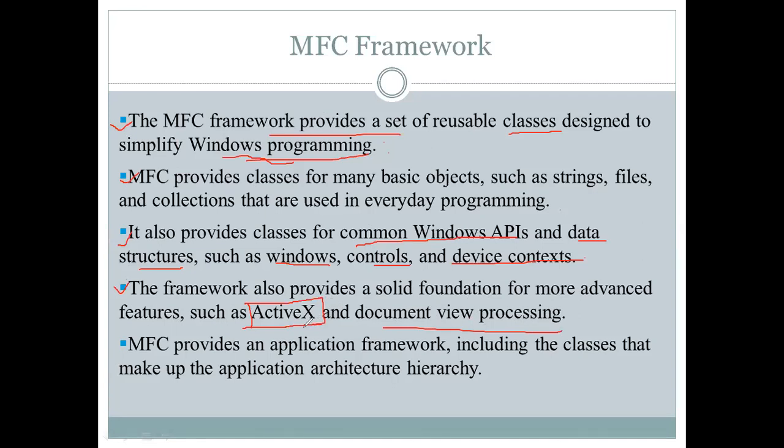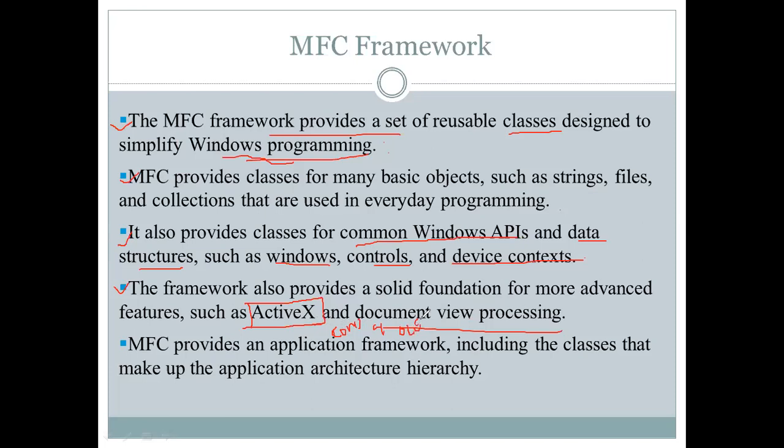Basically, we can say this is a software framework created by Microsoft that adapts the earlier Component Object Model. So it is based on the Component Object Model and OLE, Object Linking and Embedding, which we are going to discuss in a later part.